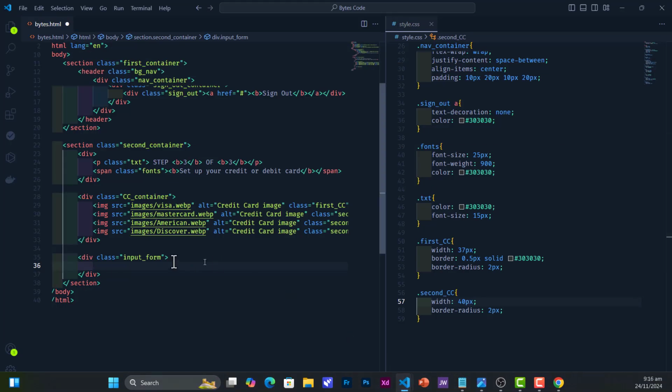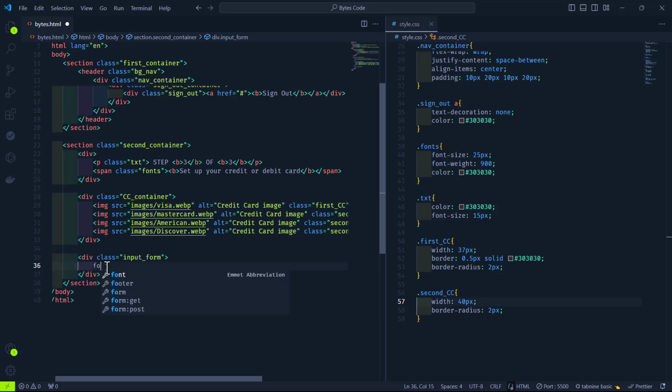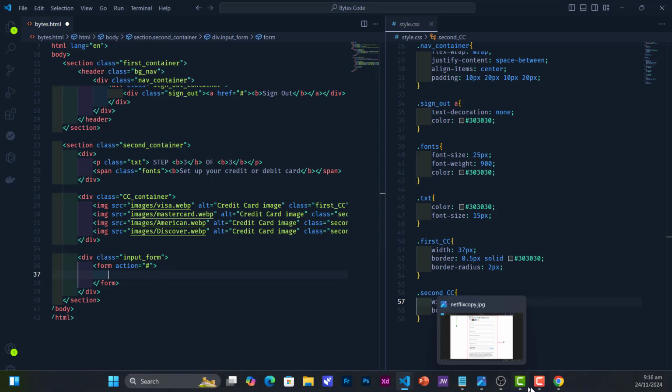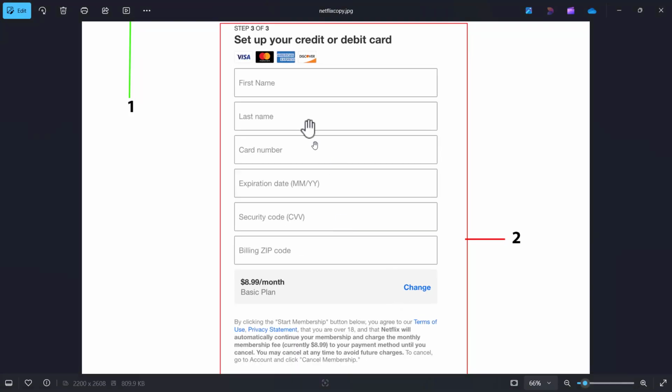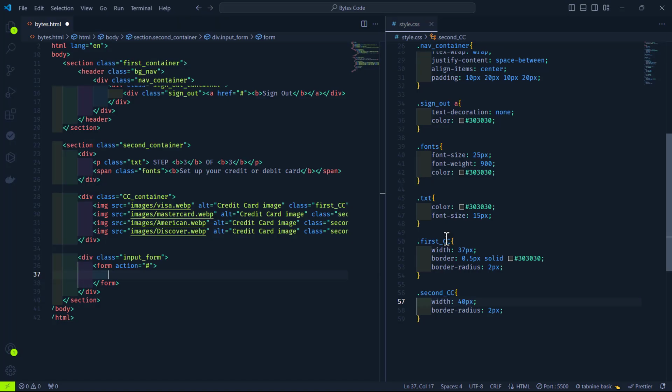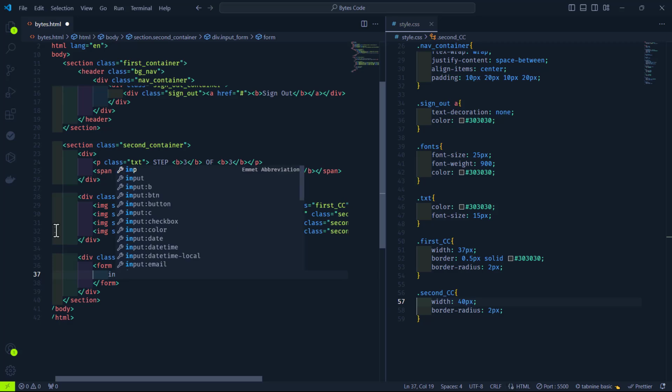Okay, and in this input underscore form, what do we have? So we have our forms. All right, so form, just for the form, action is hash. We are not sending it anywhere. We're just creating a user input, no database. Okay, so how many inputs do we have? 1, 2, 3, 4, 5, 6. 6 inputs. So input,